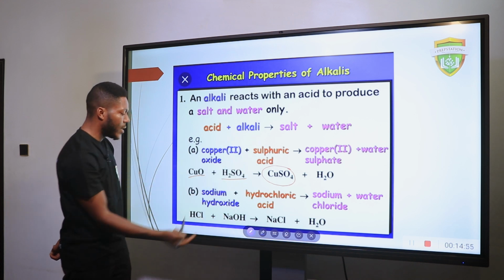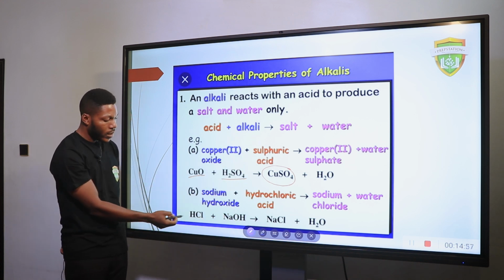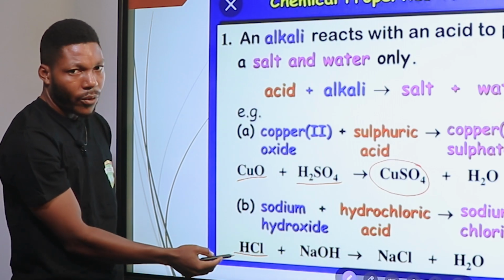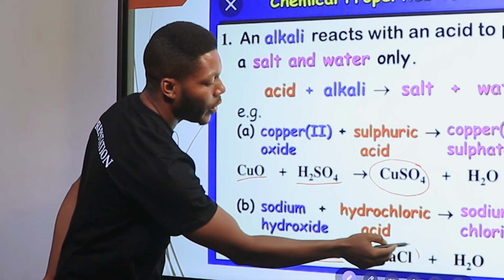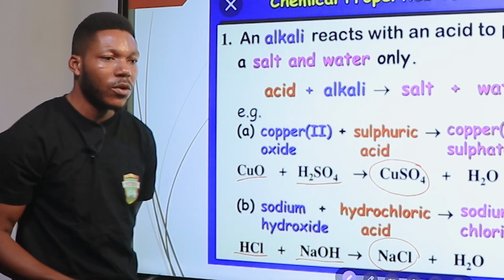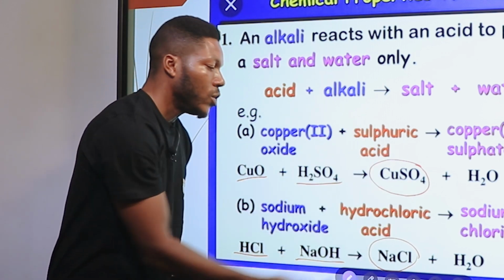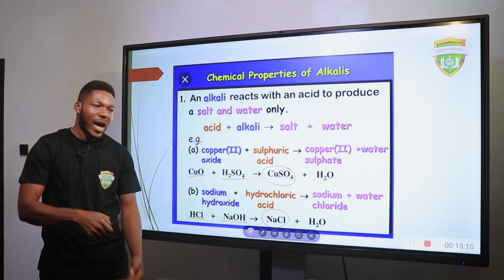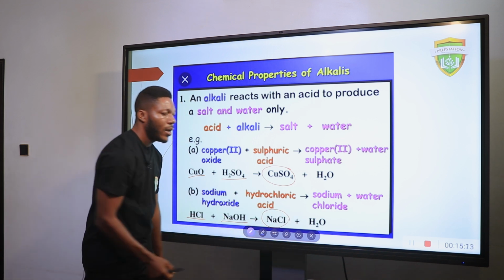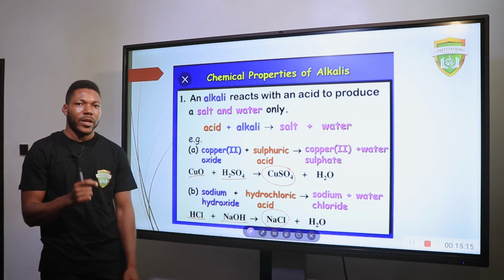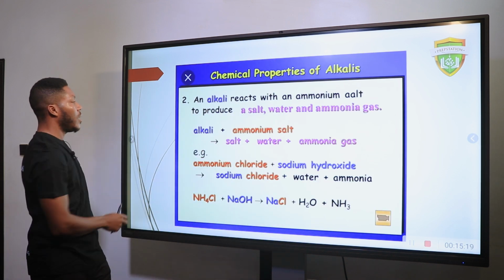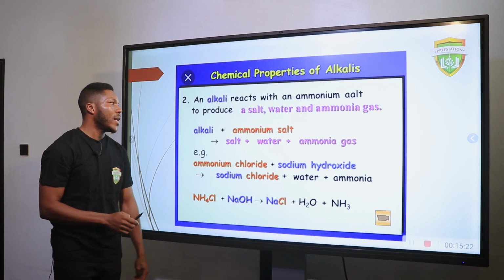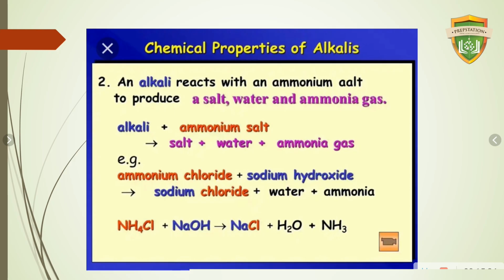Salt and water. Another example, this one is very common. This is hydrochloric acid reacting with sodium hydroxide. That gives us our common salt that we eat. This is the common salt called sodium chloride, and water. So whenever a base reacts with an acid and it produces salt and water, that process is known as what? Neutralization reaction. Another common property of alkalis is that they react with ammonium salt to liberate